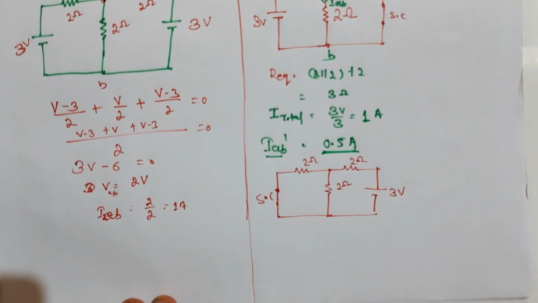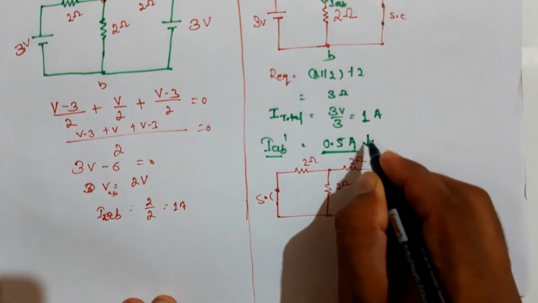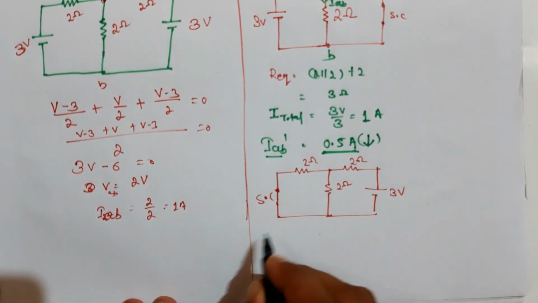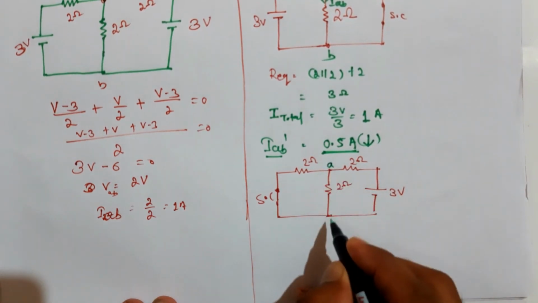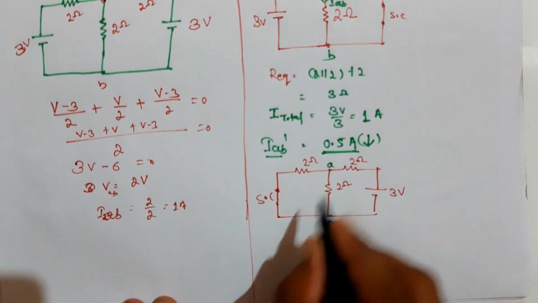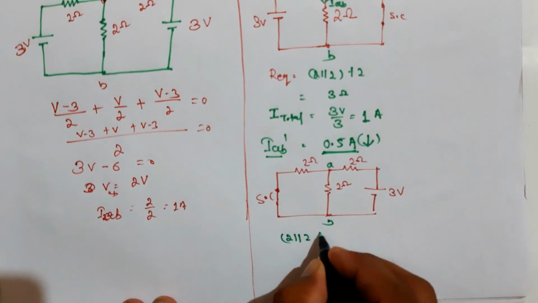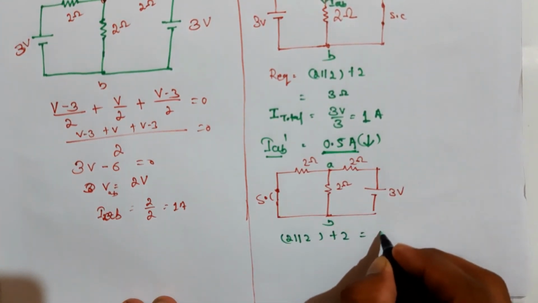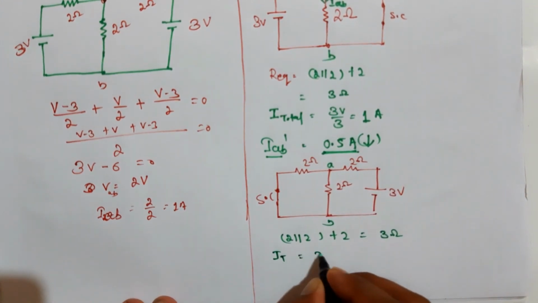In this case likewise, here we consider the current in this, downward. Here AB, the equivalent resistance is 2 parallel 2, plus 2, which is equal to 3 ohm, okay, then total current I total is 3